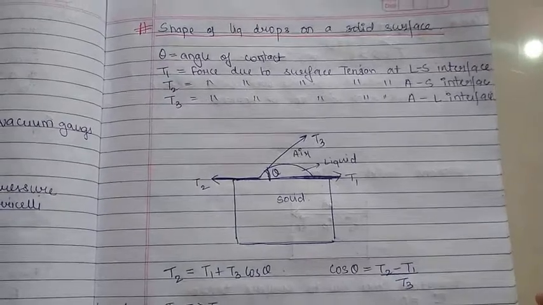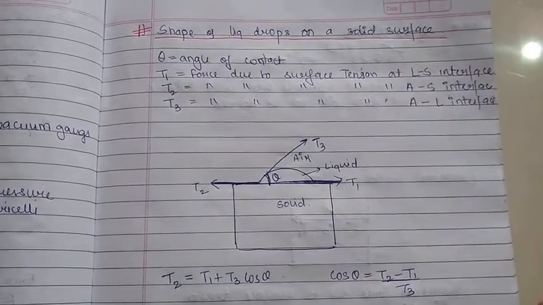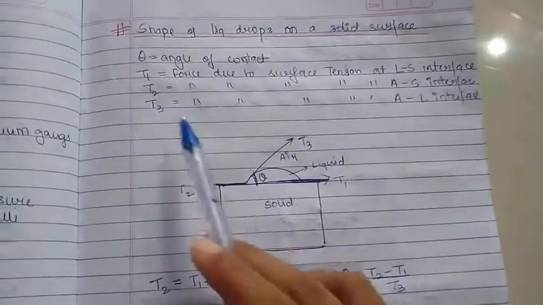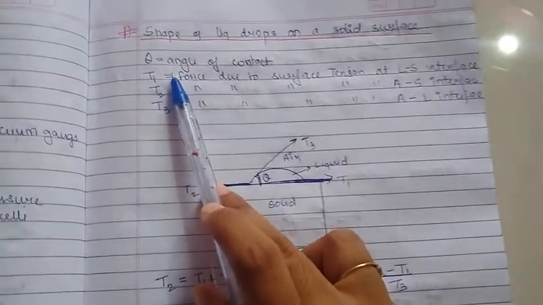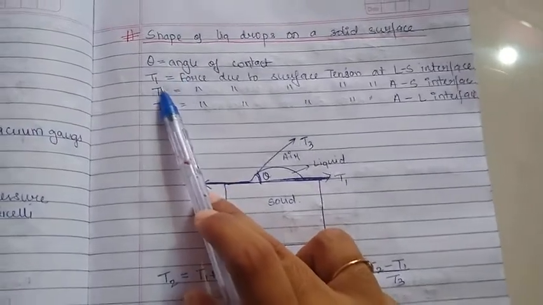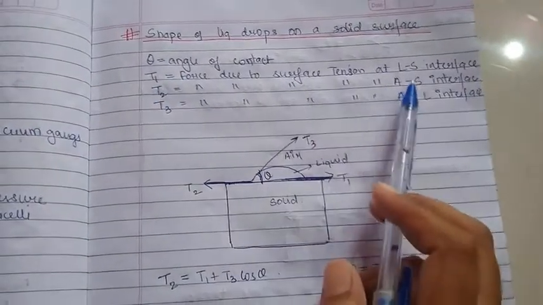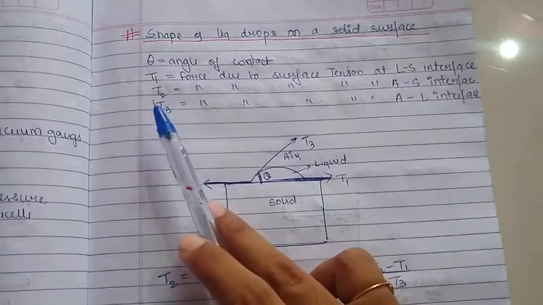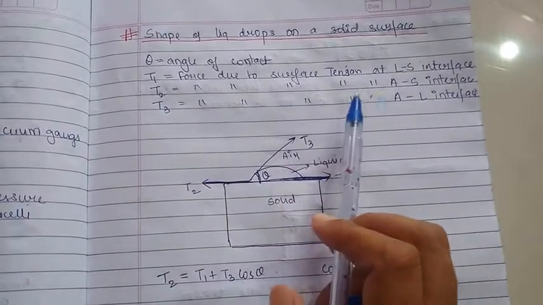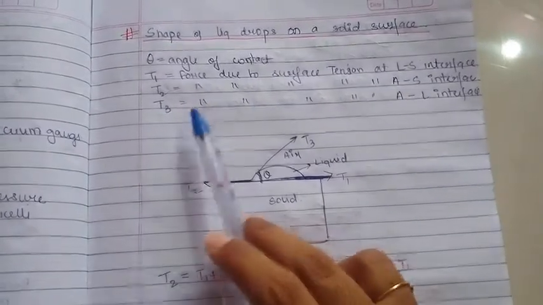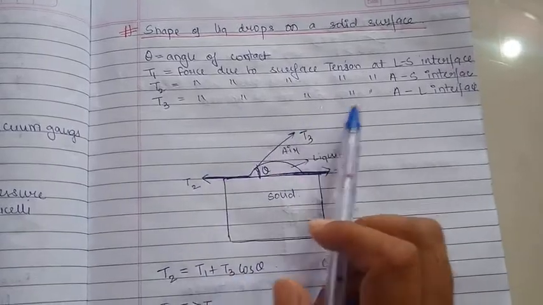Hello students, today we are going to learn the shape of liquid drops on a solid surface. Now suppose theta is the angle of contact of that liquid. Let T1 be the force due to surface tension at the liquid-solid interface, T2 the force due to surface tension at the air-solid interface, and T3 the force due to surface tension